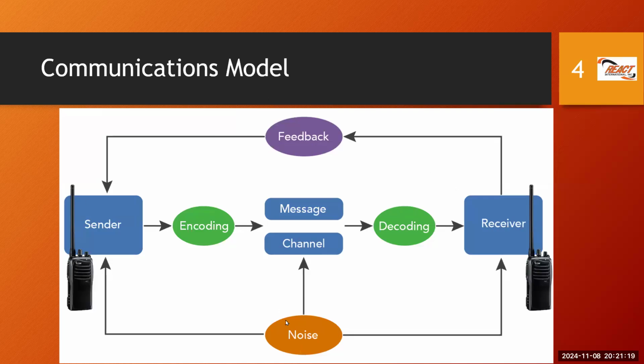And we have been talking about noise. That affects the channel. There can be RF noise, there can be audio noise, there can be all sorts of other noise that causes the signal to deteriorate or attenuate, or it could be the channel itself introducing noise, and sometimes that's where we need to shift frequency, change channel, or use another mode or a backup means of communications. So folks, hopefully this communication model will be helpful in terms of some of the concepts we'll be talking about, where it fits into communication.